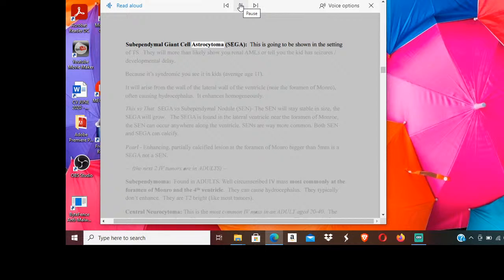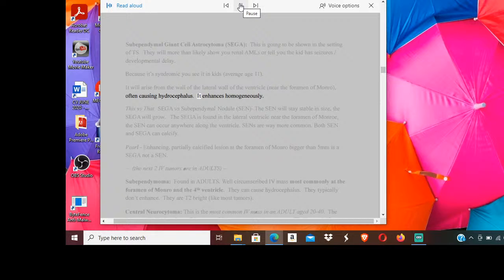Subependymal giant cell astrocytoma, SEGA. This is going to be shown in the setting of TS. They will more than likely show you renal AMLs or tell you the kid has seizures and developmental delay. Because it's syndromic, you see it in kids, average age 11. It will arise from the lateral wall of the ventricle, near the foramen of Monro, often causing